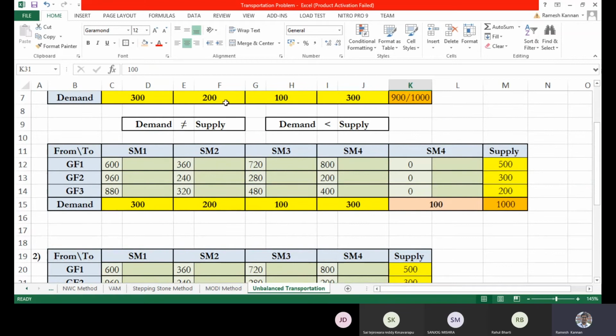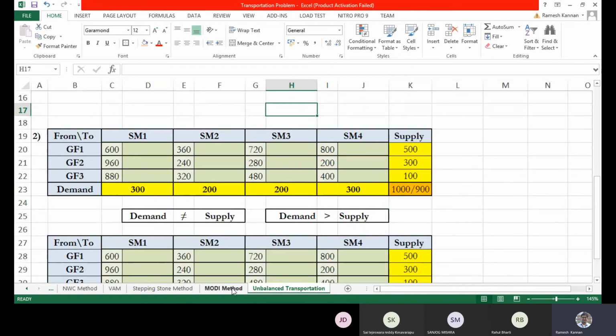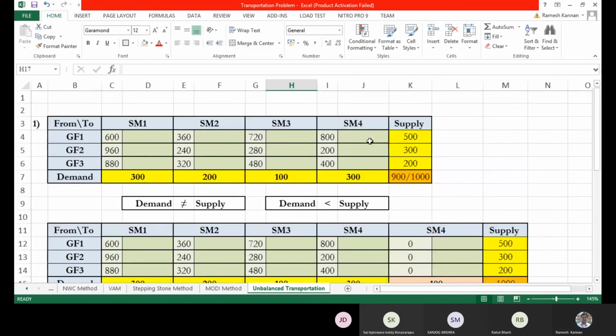So what I'm going to do is give some time so that you can find the initial basic feasible solution by Vogel's approximation method and the final optimal solution by the MODI method. Okay. I'll upload this particular document in your class notes, so that you can take up this Excel and start working on it, or if you have a notebook, you can even start working on it. Okay.